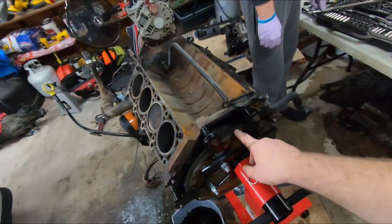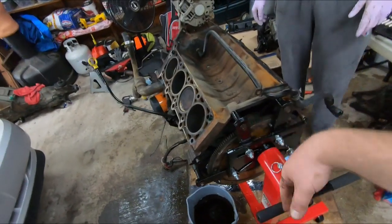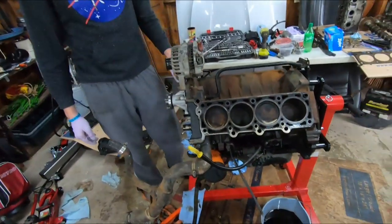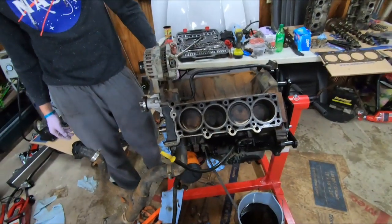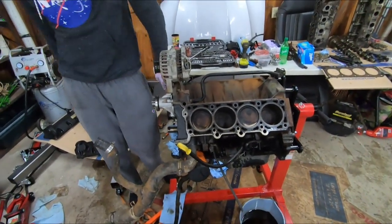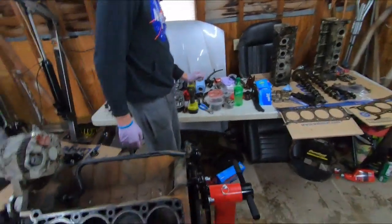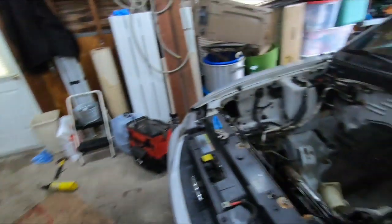Hopefully we can get the flywheel and clutch replaced at the same time. We'll go ahead and order that, and that way they can balance it with the clutch plate on, and that way we can spin this thing up to way higher RPMs than what it was meant to from the factory. And then once we get the short block back, we should have the heads back. We can go ahead and show y'all putting that all back together, and then get it back into the car